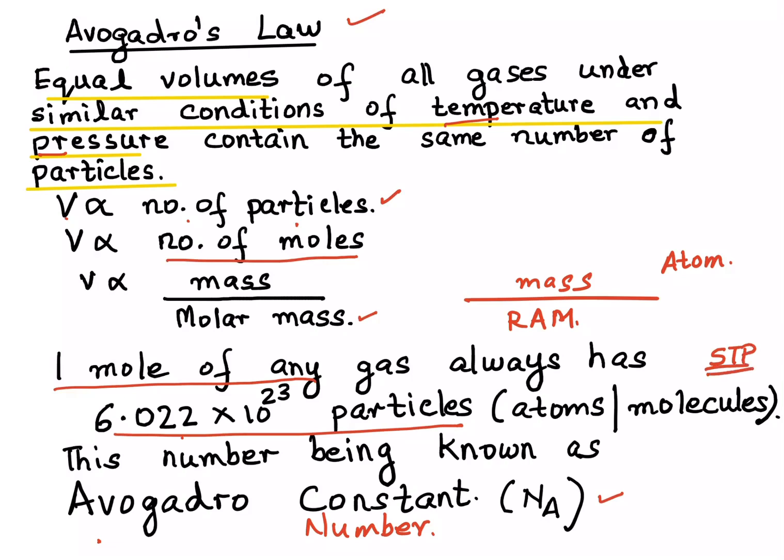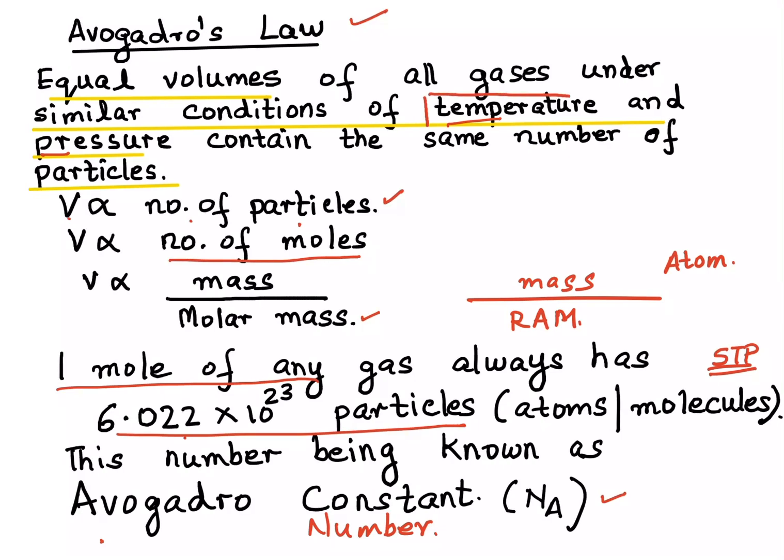Please don't forget the conditions, because we are talking about specific or fixed temperature and pressure. And when we are giving the value 6.022 into 10 to the power 23, we are talking about the conditions of STP. So please make sure that you add